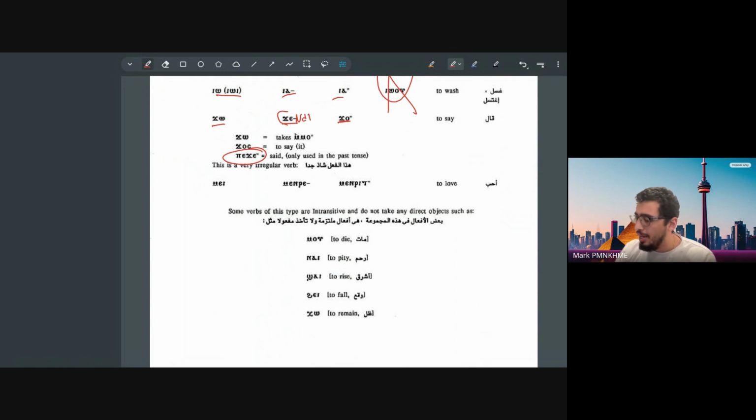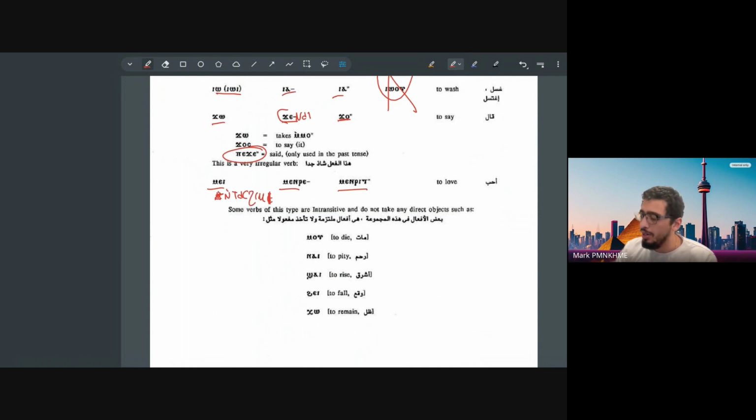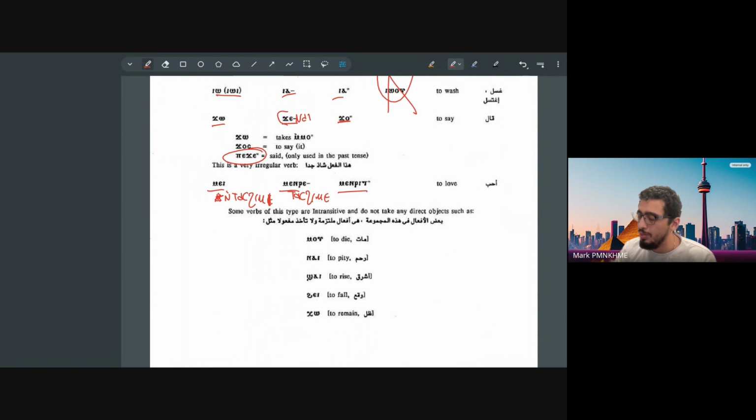Don't worry about it. And then finally, one common exception is the word for love, which is may, minre, and minrit. You say I may, or ti may, my wife. You say en tas hime, and then himi. Bohairic, minre, you say ti minre or I minre, tas hime. Again, the only difference is without an n, because they're actually next to each other. Or I minritis, I loved her.